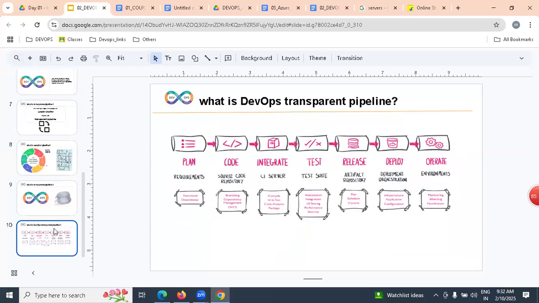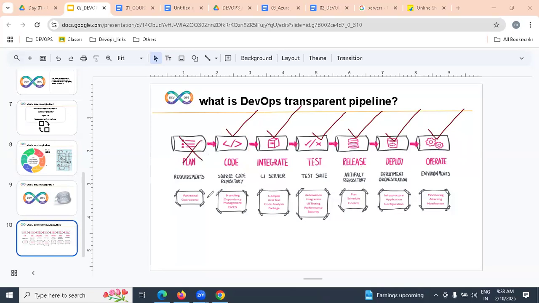In this DevOps transparent pipeline, we have planning, coding, integration, testing, release, deploy, and operations. In this DevOps process, our roles and responsibilities start from the dev environment and end with operations. That means we are part of coding, integration, testing, release, deploy, operation.